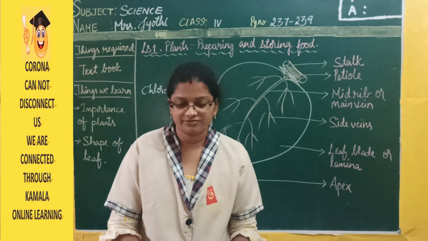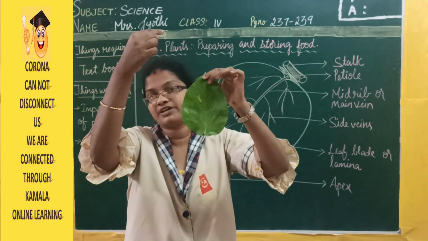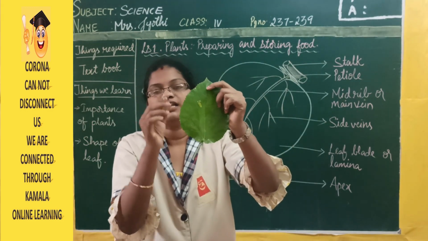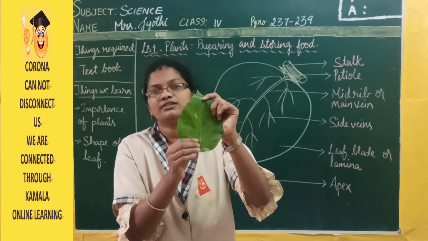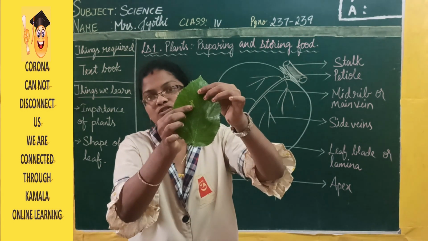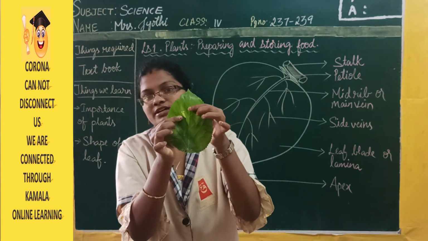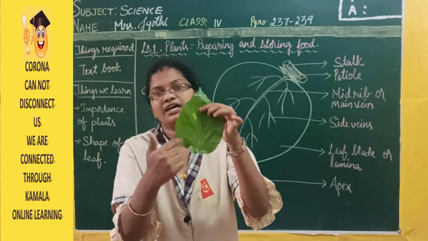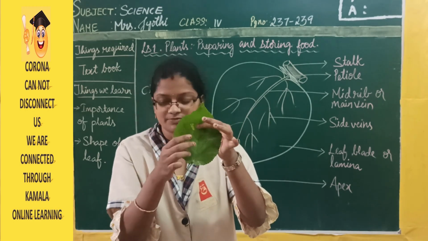Now if you take this leaf, the previous one which I showed is very narrow and long, whereas this leaf is very broad. The color of that leaf and this leaf is also a little different. Both are green in color only, but the color varies a little. Now if you see here, it is a little yellow in color, isn't it? So in this part there is less chlorophyll, or otherwise chlorophyll may be absent. And the remaining dark green part, here chlorophyll is present, and in this part it is absent.